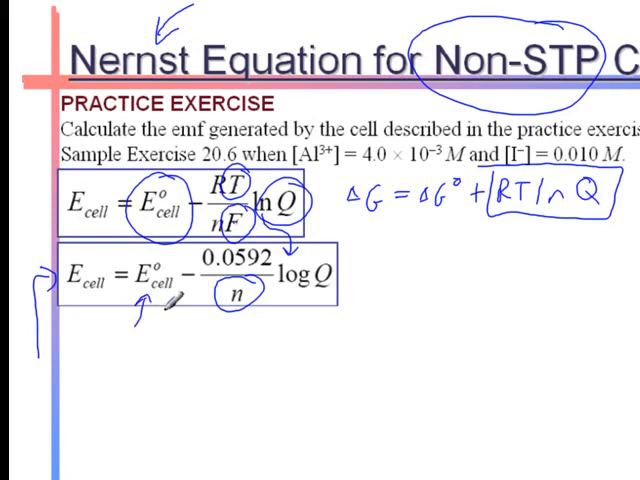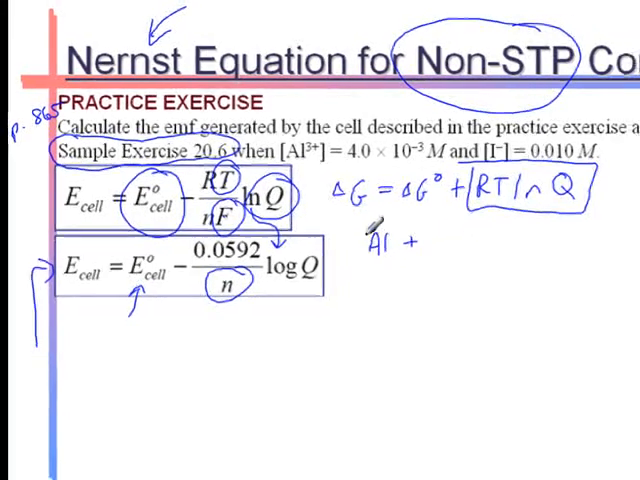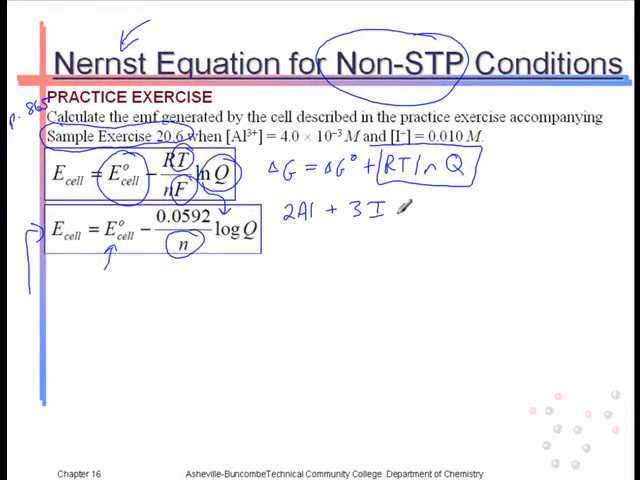We still have to figure out E naught cell the old-fashioned way, and this particular example is referring back to a sample exercise in the book, Brown and LeMay 10th edition, page 865. It was a reaction between aluminum metal and iodine in its elemental form. If we look, I'll just give the balanced equation here. You have to break it apart. This one's a lot simpler, so I'm not going to spend a lot of time on it. But that was the equation that was talked about in that particular